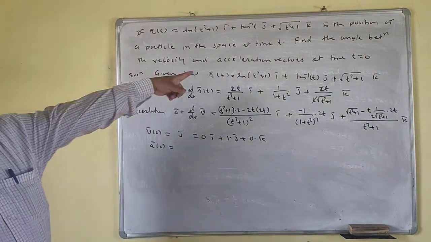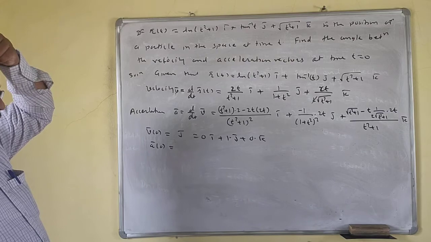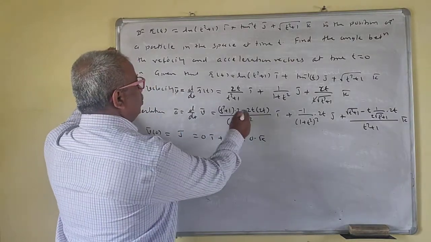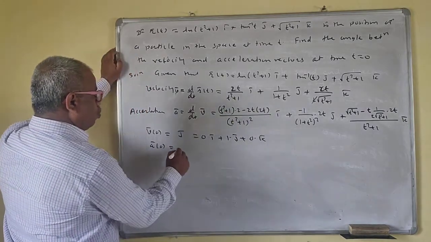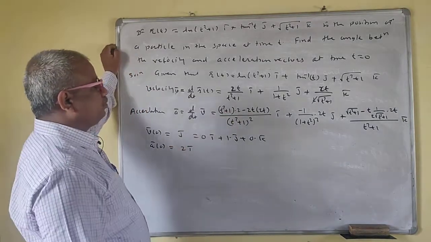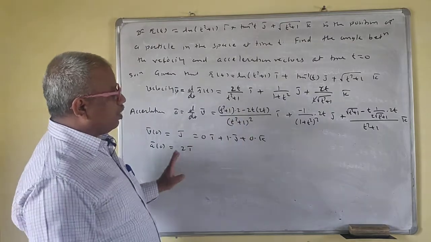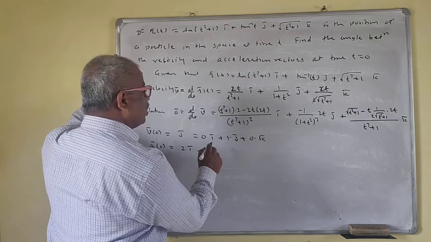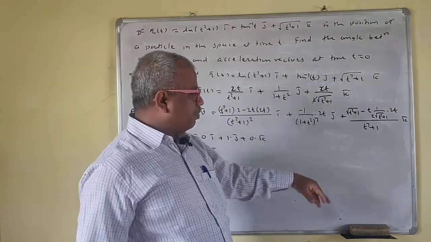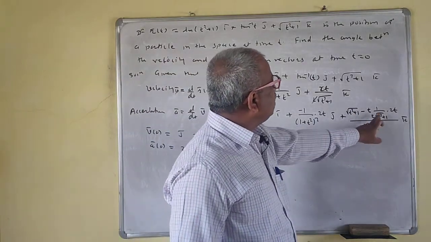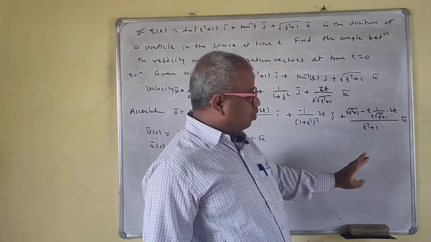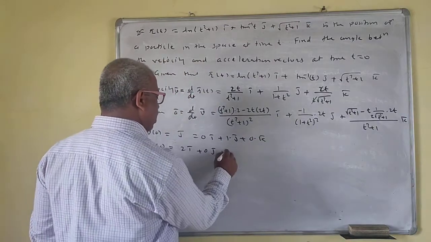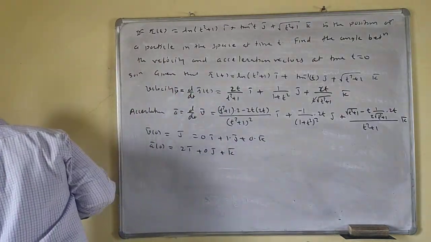You have to find the acceleration at the time t is equal to 0. So t is equal to 0. So this will be 0. So this is 0 means this is 2 i bar, right, because here 1 square 2 i bar. So therefore we are not simplifying this. Plus 0 j bar, minus 0 bar or plus 0 bar. Okay, no problem. T is not here, but t is here. So second term will be the 0. Okay, so here 1 upon 1 is 1. So this is plus k bar.